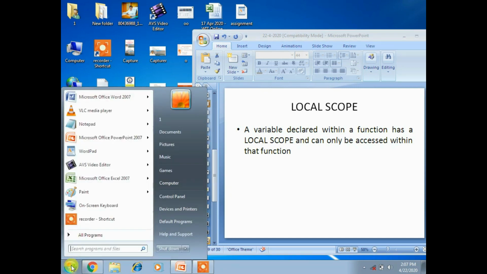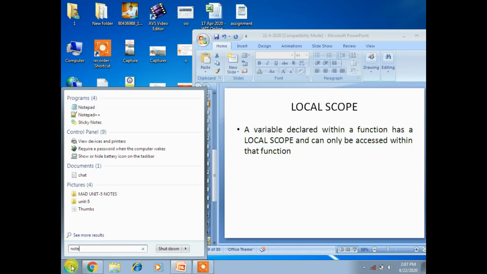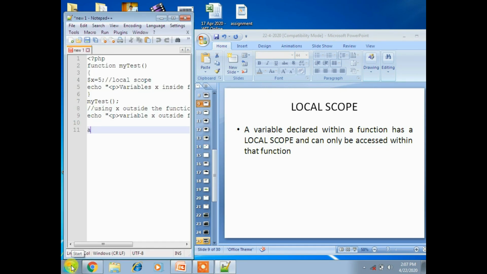Now I'm opening my notepad. Let us check the function myTest I took. Now $x equal to 5, that is one local scope variable I declared, and I called the myTest function, and used $x outside of the function.